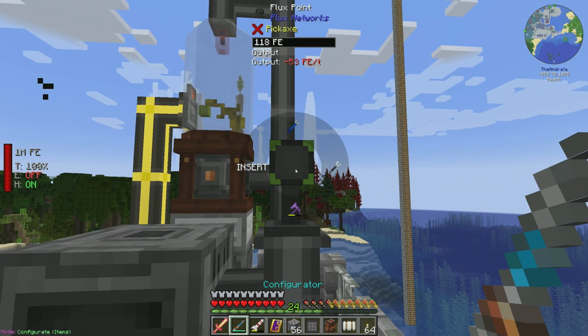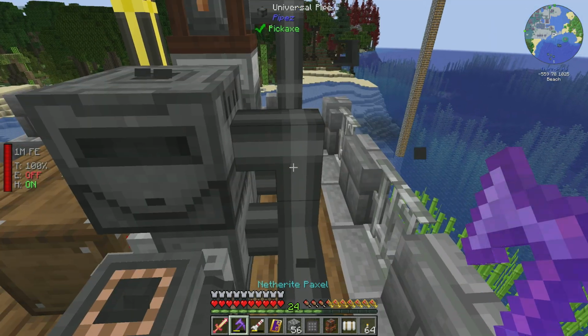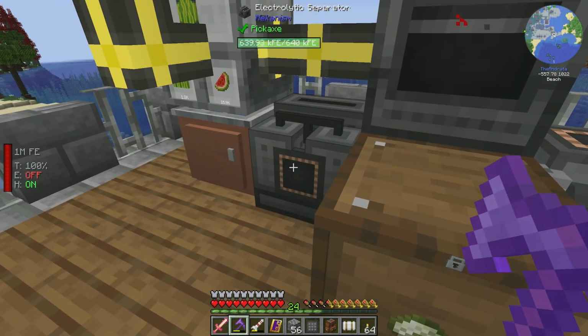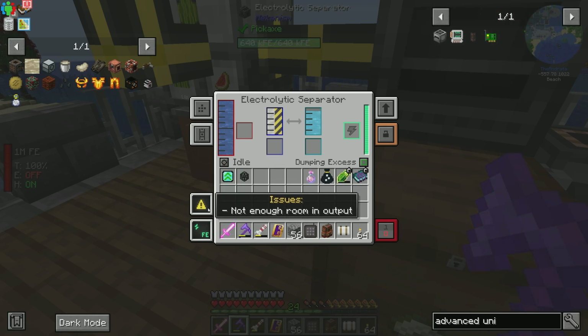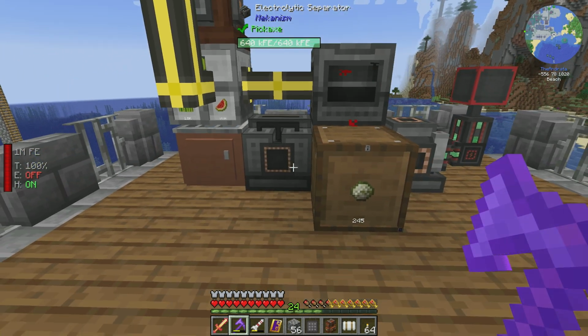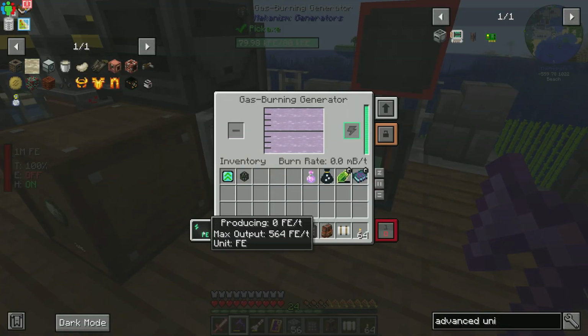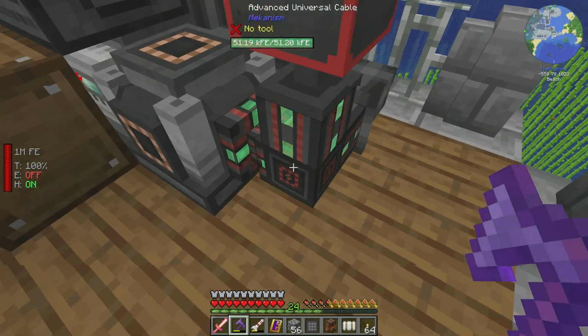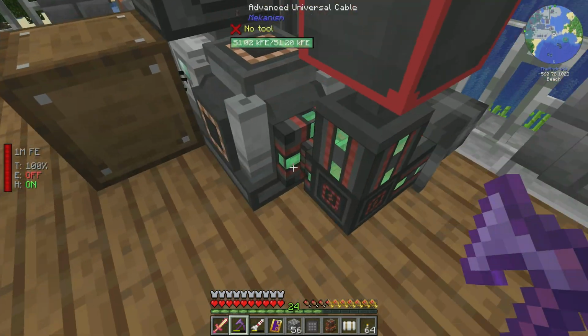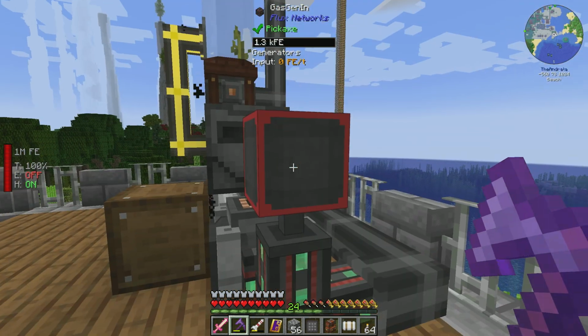So we probably don't need to have this flux point anymore, to be honest with you. Can I get my Paxel back? So we shouldn't need this flux point. We should no longer have issues with power. Yeah, not enough room in output. We shouldn't have power draining ever anymore. Everything should be good because our gas burning generator is going to push power into here, which is going to push power into here. We had to set up the universal cable instead of just using this universal pipe because